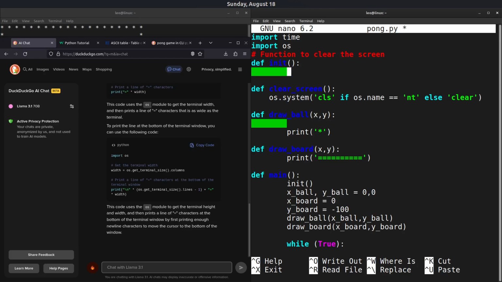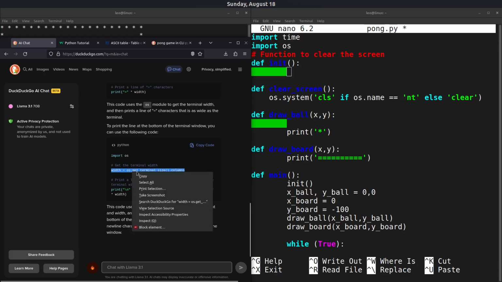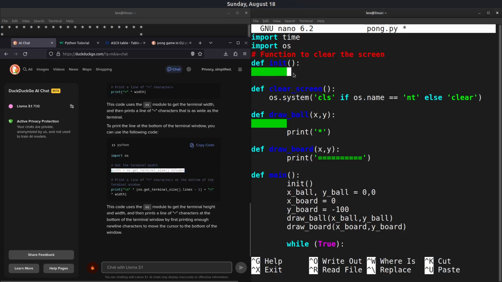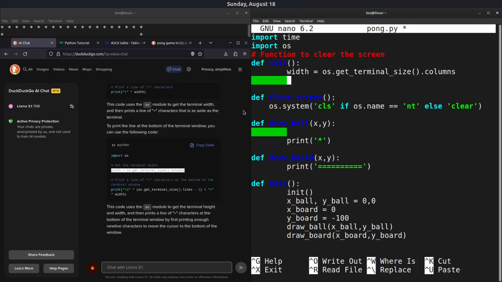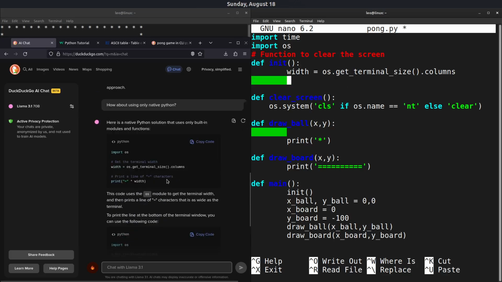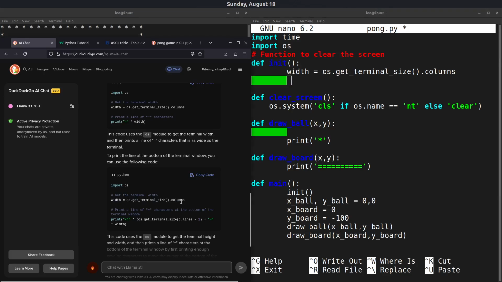I already imported OS, so I'm gonna basically just copy this thing here, paste, and then here I'm also gonna take, oh wait, that's columns, and then lines. I'm gonna take this one as well,